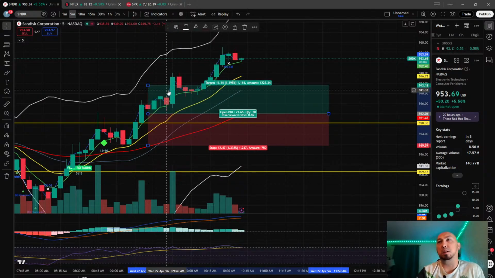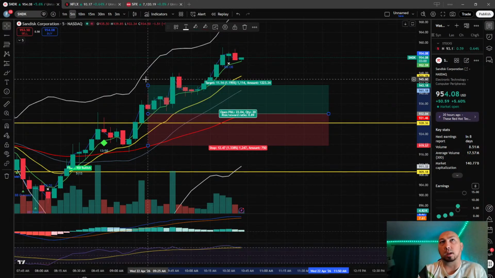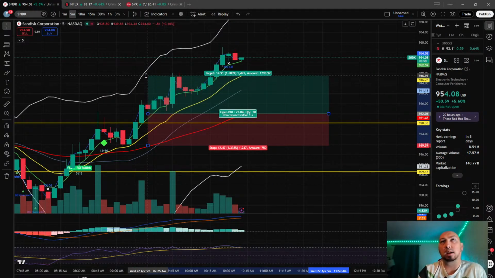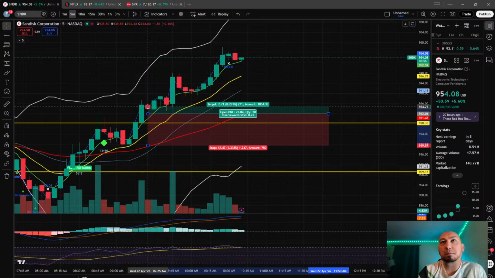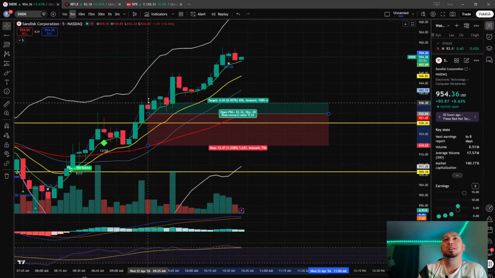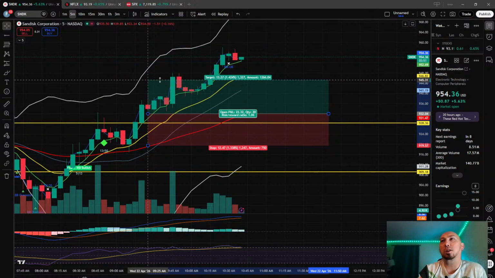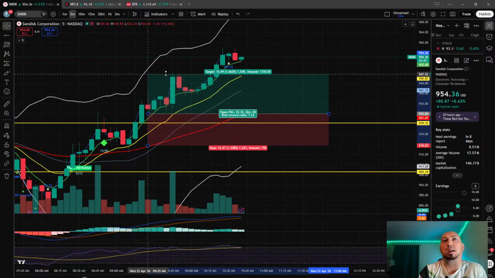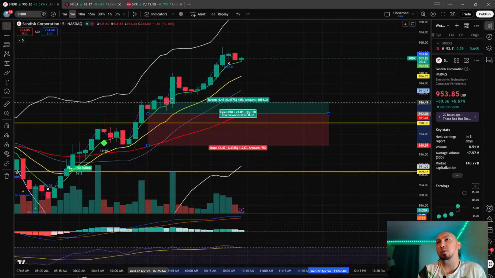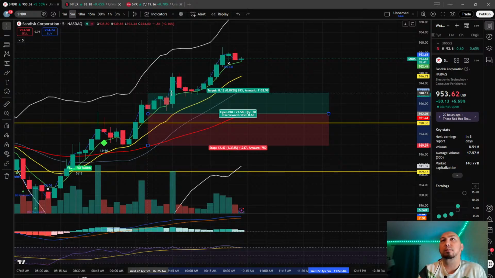Now with SanDisk, because it moves so much, the whole 1 to 2 doesn't really play out as well, because 1 would be like down here. So you have to kind of adjust it, wherever you think that range is going to be, somewhere up here. So we're going to 2 at 931-ish.